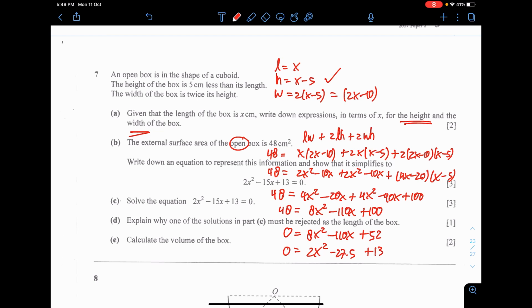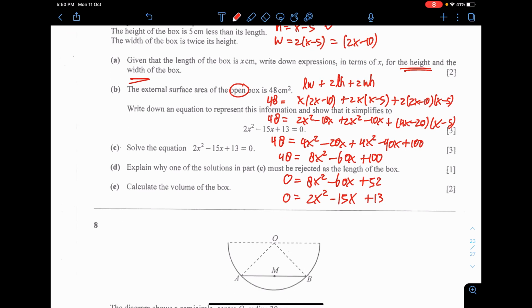Okay, I think I spot something here. This one here is actually 40, right? But I made it look like 90 just now. So yeah, 40 minus 20 is actually 60. Okay, that looks better. And when I divide this by 4, I'm going to get 15. Yay! Happy. Yeah, 15x. Okay, the rest should be quite easy.